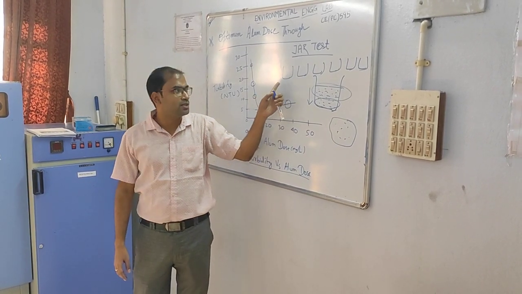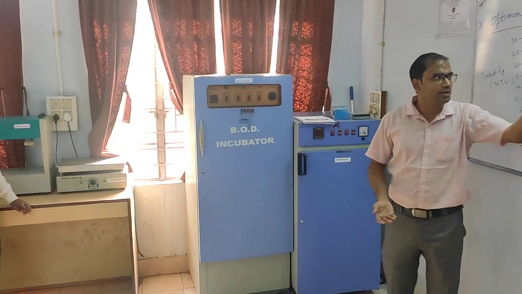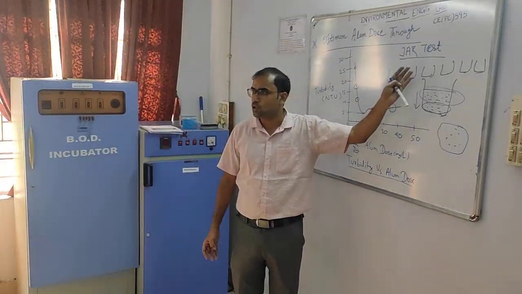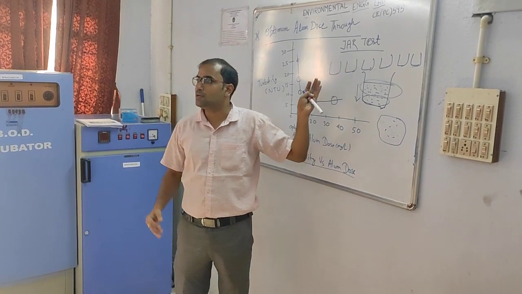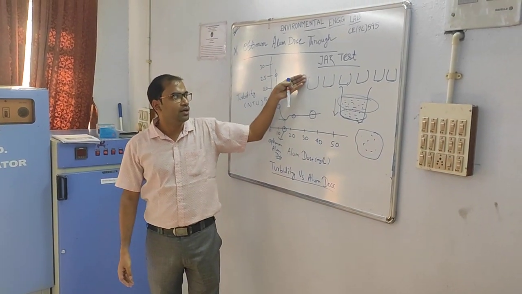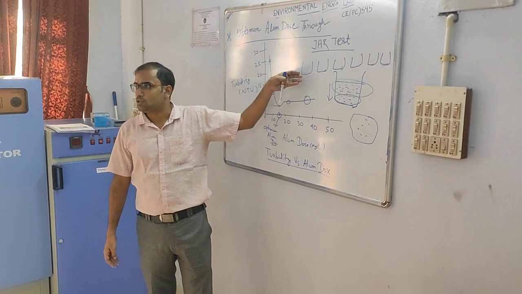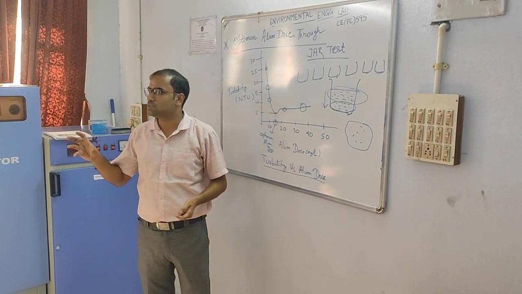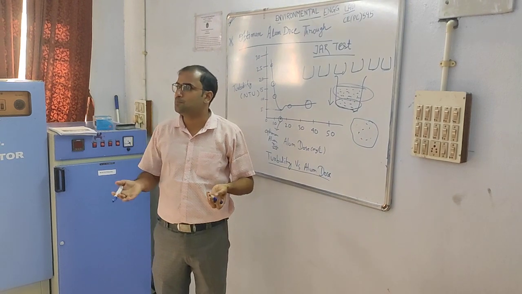Then you can observe that there is a light at the bottom. The light comes up and gives you a glimpse of which water is clear, among the different alum dosages, which provides you a better view of the clarity or the differentiation between the clear water and the impurities. So after a particular point, you can choose your optimum alum dose, say for this 1 liter, your optimum alum dose is 10 mg per liter.